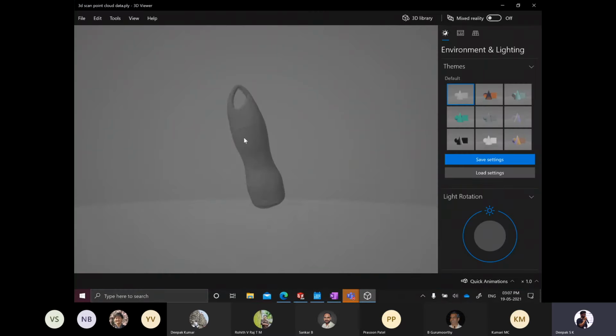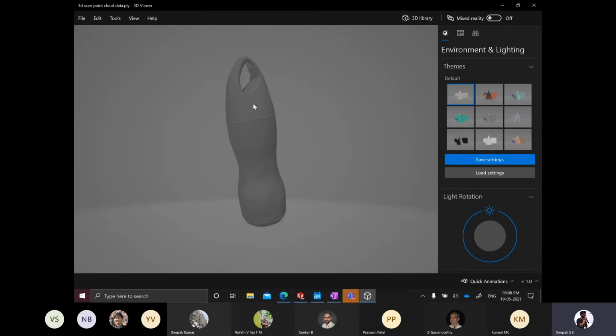So as you can see here, this is the 3D scanning model of a bottle. What they did was they made a 3D clay model and then stuck a lot of these stickers and then scanned this model. As you can see here, this is entirely made up of cloud points, and then the 3D viewer of my computer has somehow meshed them together to show it in the form of abstract surfaces.